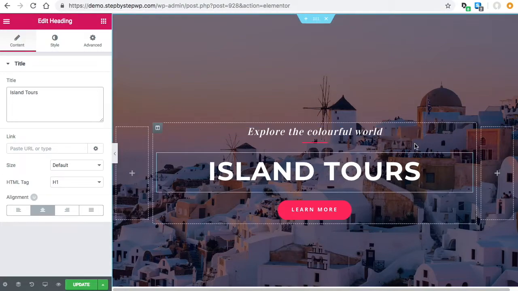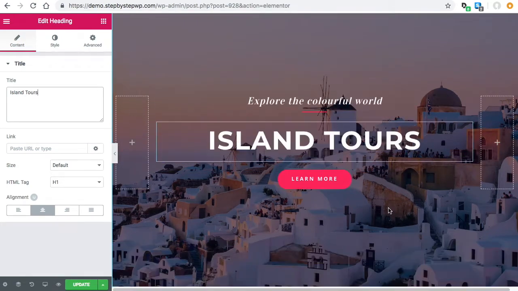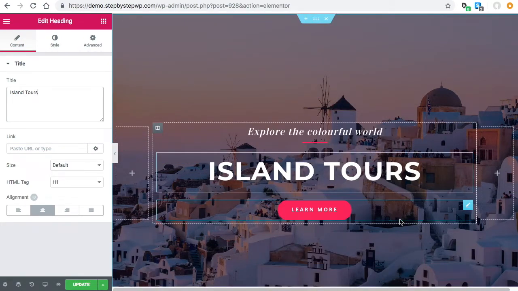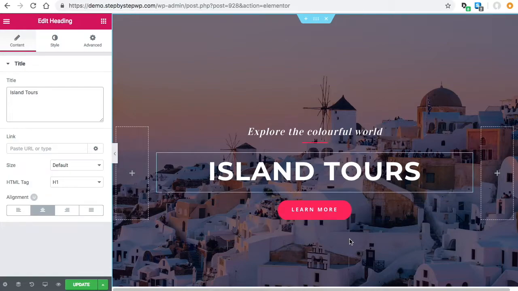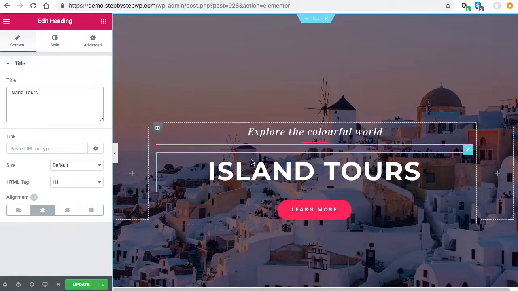And now it's looking more like a totally different site with different photos. I got this photo from a royalty-free site. You would probably use photos for your own business, but